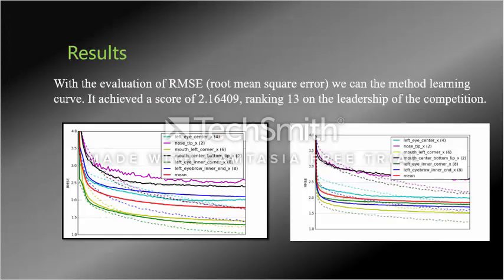What was the result? Well, we had to use this method, the root mean square, that was provided by the web page. And the first time we ran the information and tried to see how it was going, we saw it was an improvement, but after we changed some of the parameters, it became better. So we went through different rankings until number 13 right now. That is the one we have in the competition, and we got a score of 2.16. The first one is 1.6.